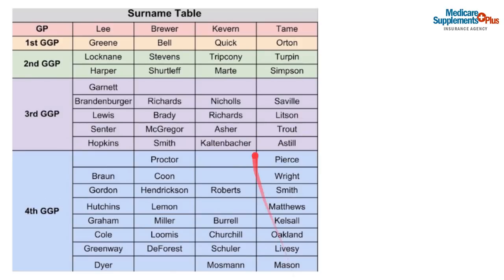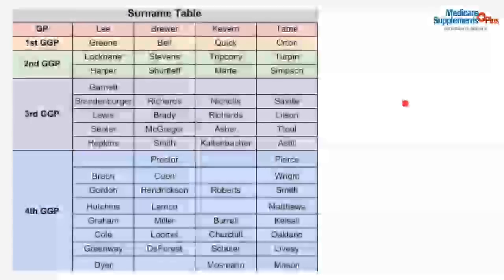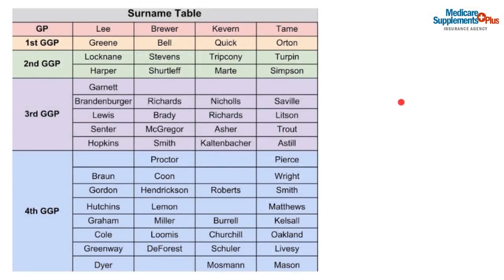Now, if you happen to have a family where they decide to completely change their name, we're not talking about spelling it Brown without an E to Brown with an E, but we're talking about they take the name Garnett and then it becomes Lee. In the generation that last name changes completely from one to the other, that's when you're going to go ahead and add that additional last name.